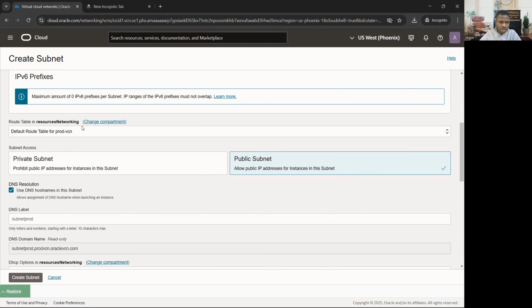And for this one, I'm going to use the default route table, right? Because when I created the VCN, it also came with a route table. So I'm going to use that default route table. I have to choose between if it's a private subnet or a public subnet. And one